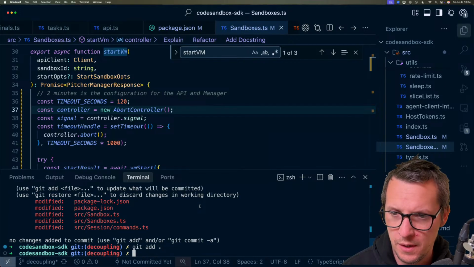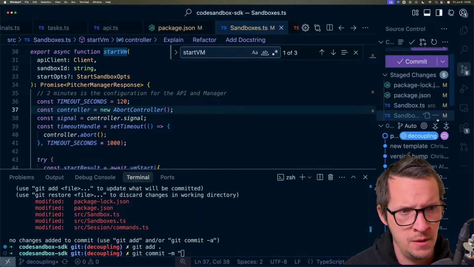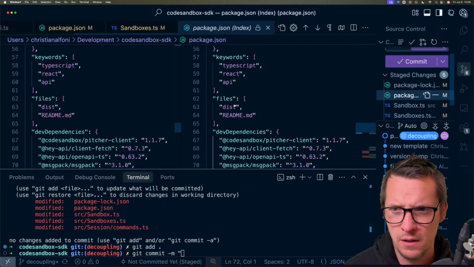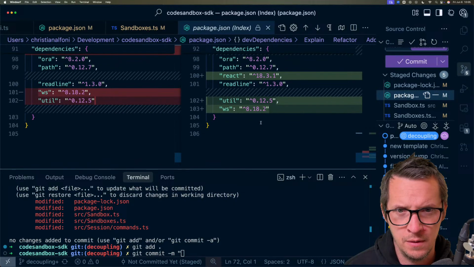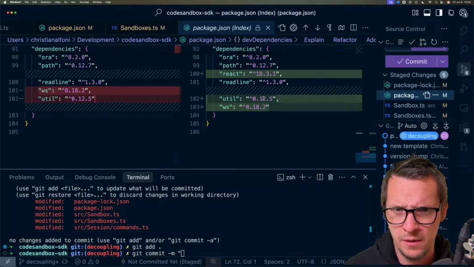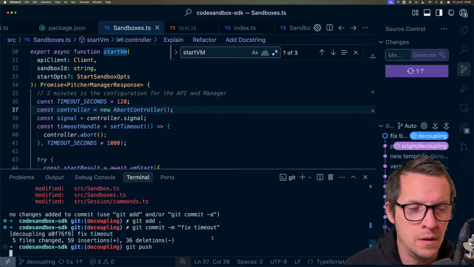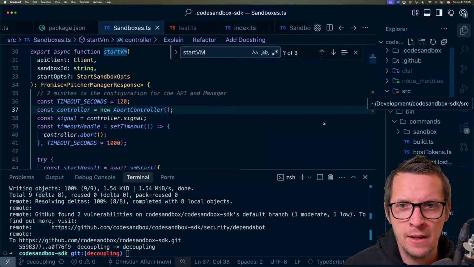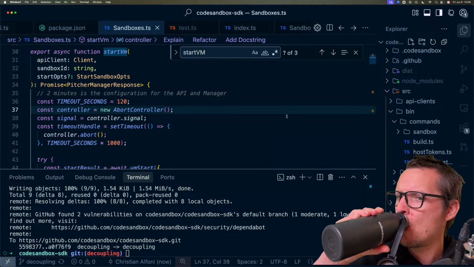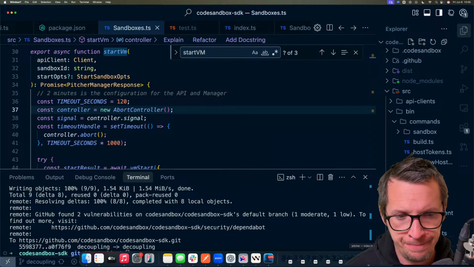Git, let's just push this. Wait, what was the change to package JSON? Oh, added types node. Why is this? Oh, it just cleaned it up. Okay, fine. Fix timeout. Cool. That's gonna help because this happens sometimes. You get like a bad gateway thing, which is very mysterious. Okay, so now we're gonna jump back to